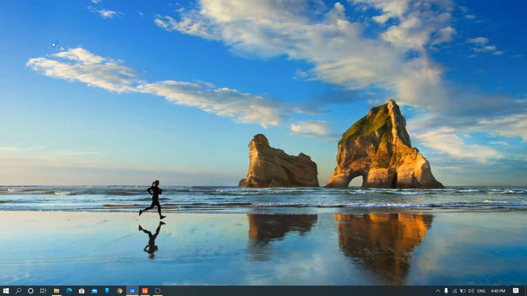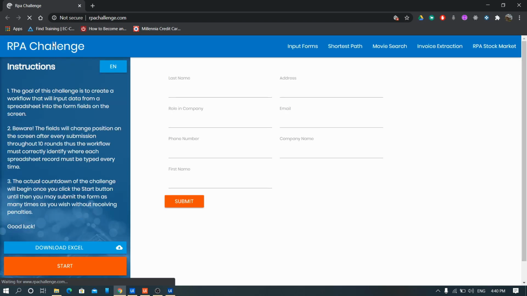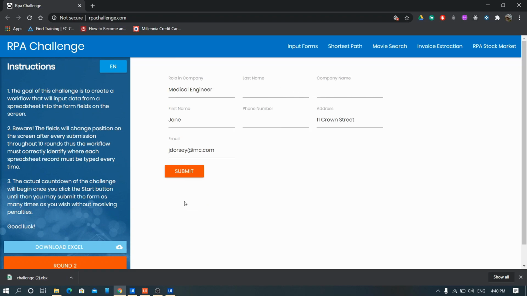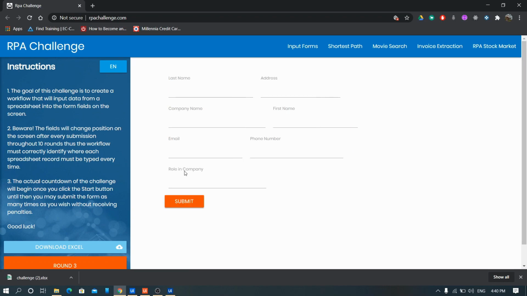We'll run the workflow. It does even faster than this.